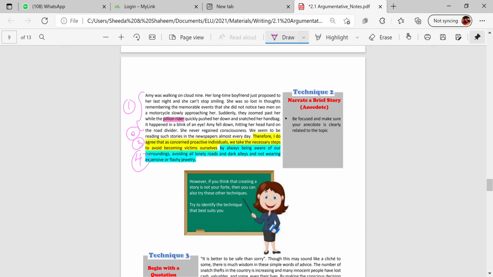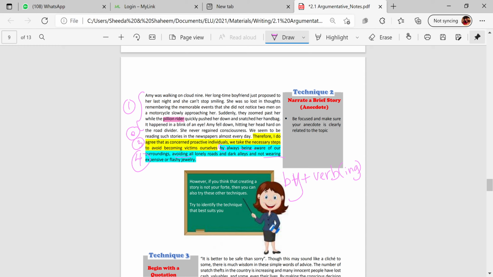make sure that all the verbs in the thesis statement are in the same tense. The verbs in the thesis statement must be in the same tense. For example, in technique 2, the example here, "by." Now, as we know, the preposition "by": the verb after the "by," you must add an "ing." For example here, by always being aware of our surroundings, avoiding all lonely roads and dark alleys, and not wearing expensive or flashy jewelry. So when there is a preposition "by," all the verbs must have "ing" added,